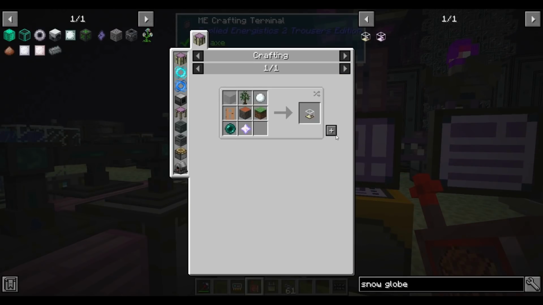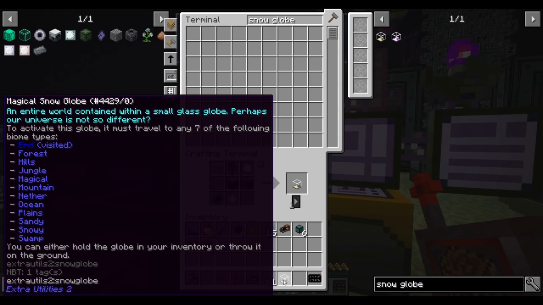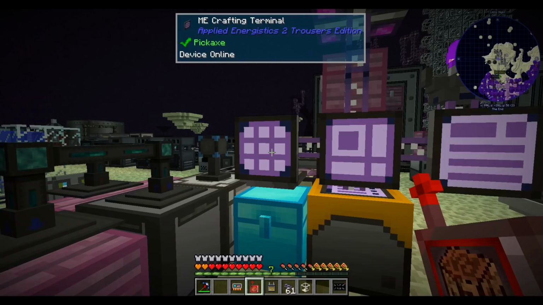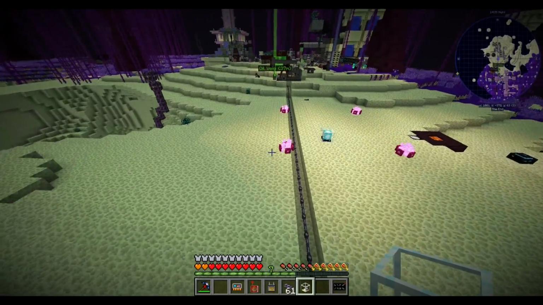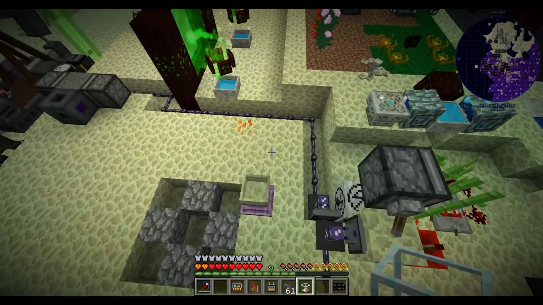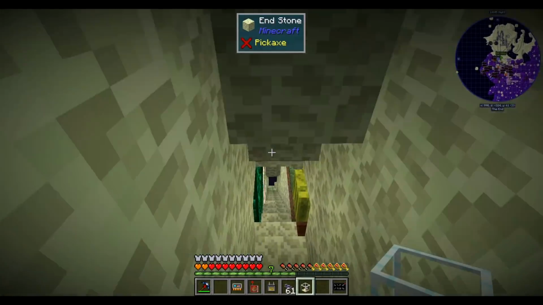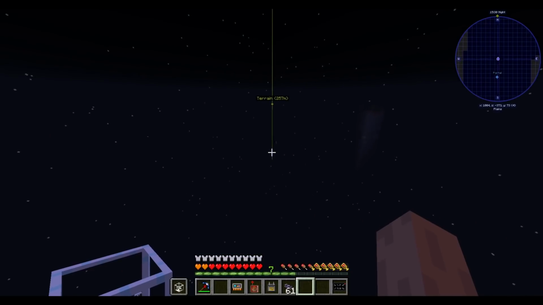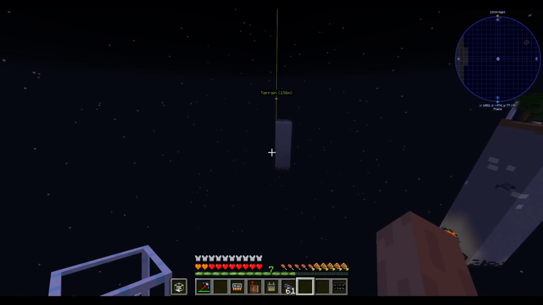And then in order to activate the snow globe, we have to visit at least 7 of the dimensions listed there. So end is visited. Then we can go probably to the nether and then just randomly fly around the overworld until we visit 5 of those dimensions in there. And then that'll mark our snow globe as having seen enough of the world to, I don't know, have gathered the data it needs to do its magic. The good news about this snow globe is we don't actually even have to generate the chunks for it to be considered that